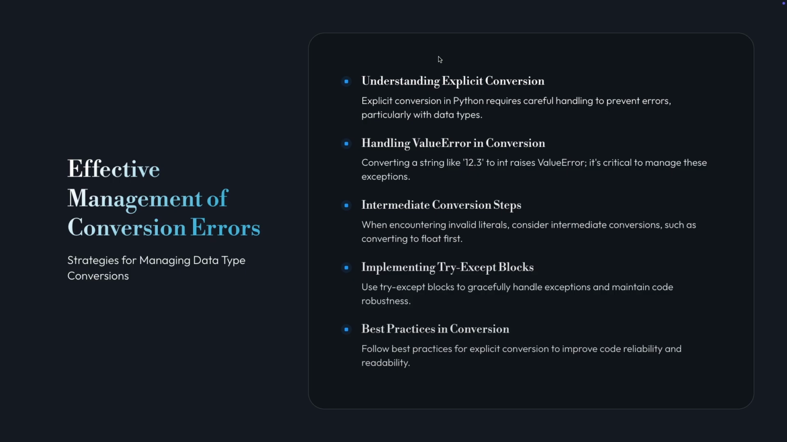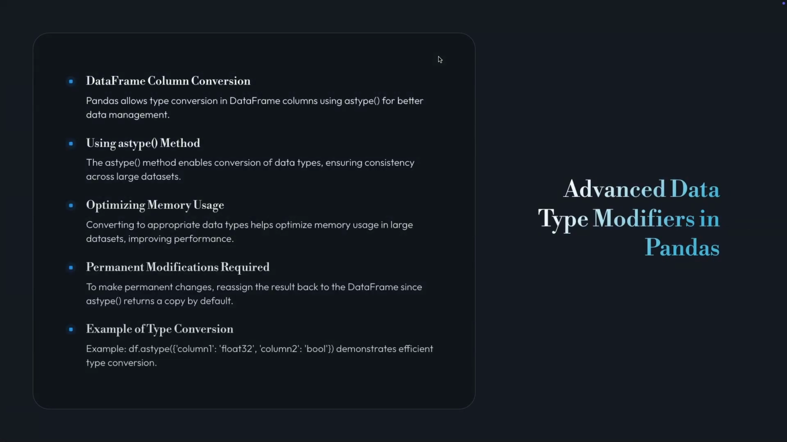And to handle the possibility that the initial conversion might fail, like if the string was "hello" instead of "12.3", the analysis recommends using try-except blocks. Ah, error handling. Exactly. You wrap the conversion attempt in a try block, and in the except ValueError block, you put the code that should run if the conversion fails. It stops your program from crashing. It makes the code more robust. Very much so. It's a way of saying, try this conversion, and if it blows up with a ValueError, don't panic, just